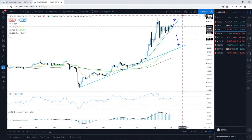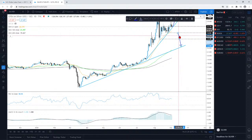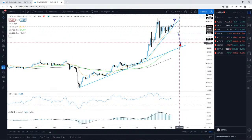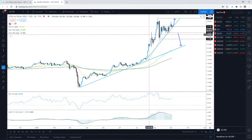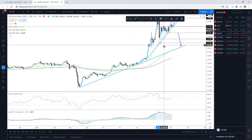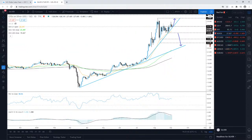However, if it starts breaking this upside line and then we see the price falling below the 26.06 territory, this is where it could become a little bit more interesting for the sellers, and we could potentially see this one declining here towards the 24.40 zone, maybe even going towards the low of the 12th of August near the 23.40 area,